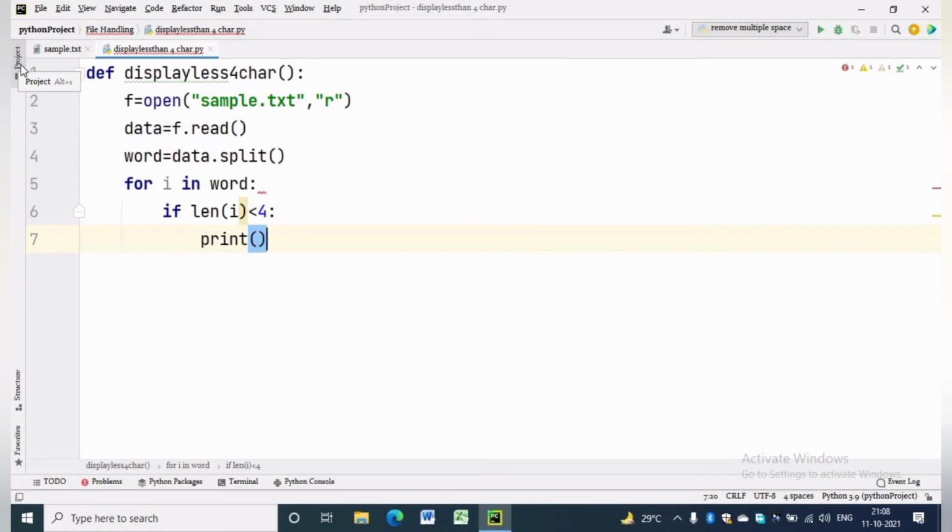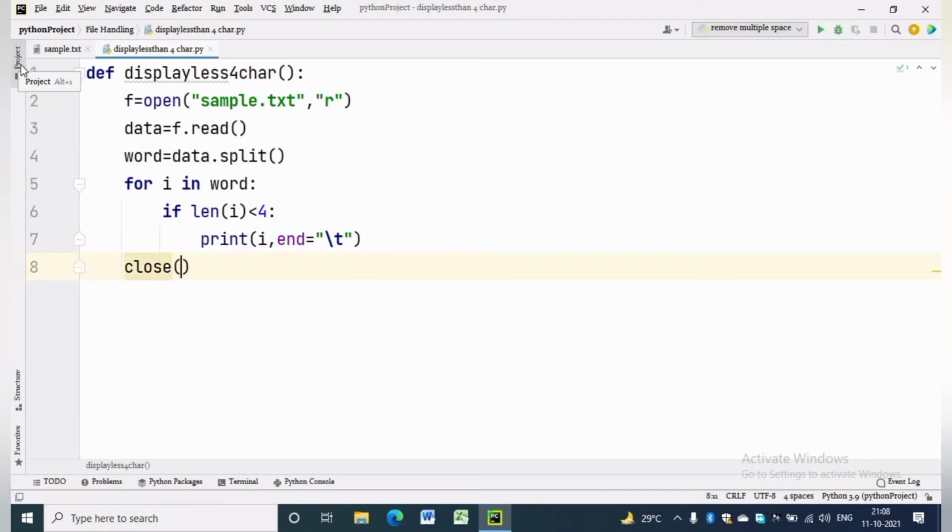Whenever we need a word from a file, we should use split function, which will split the file to words. To give some extra space between words, we are using \t.